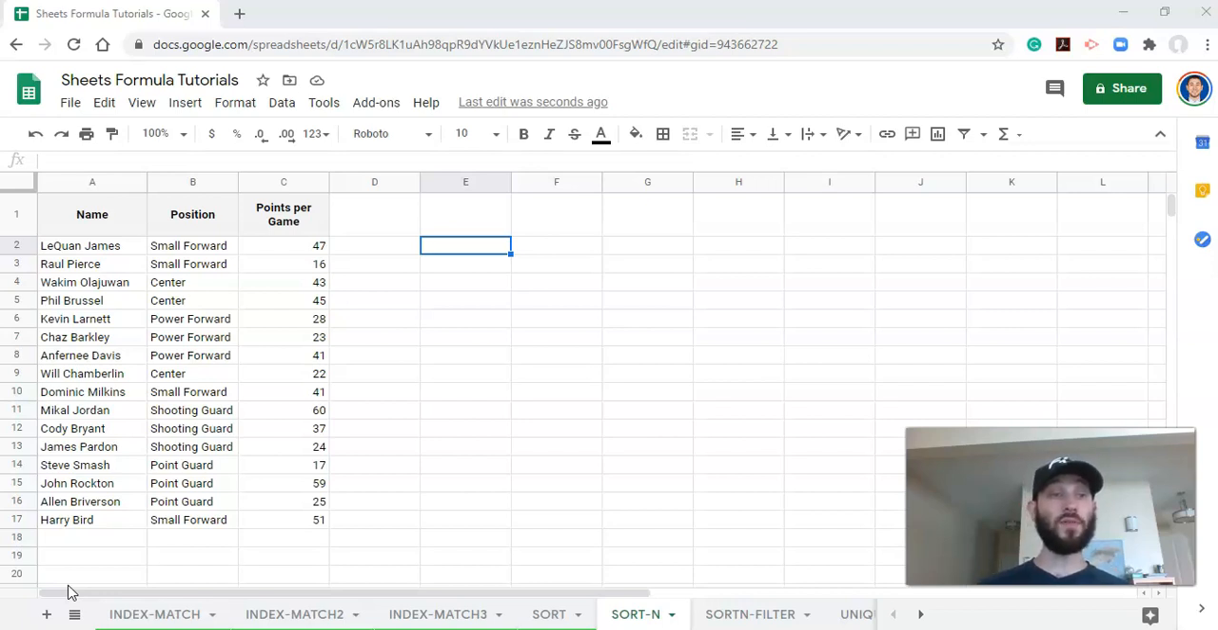So what we have on the left-hand side is athletes. Let's pretend we have a basketball team. We have a group of athletes and their positions and their points per game. Let's say that we want to get the top 5 players based on points per game. Right now, it's not sorted that way in this table. So we're going to use equals